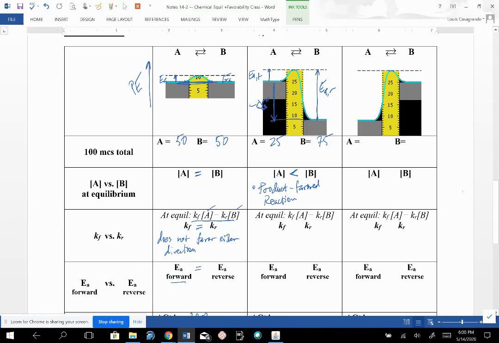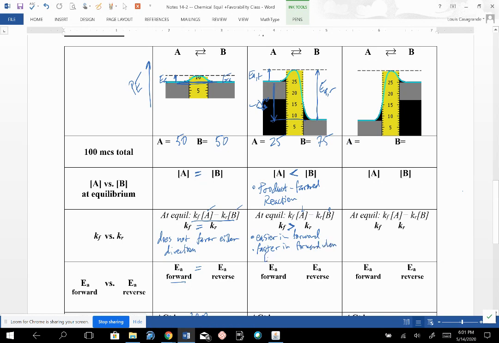Now, by the same argument as before, if the concentration of A is lower than the concentration of B, that means the forward rate constant, Kf, has to be greater than the reverse rate constant, which means this is easier in the forward direction, and it means that it's faster in the forward direction